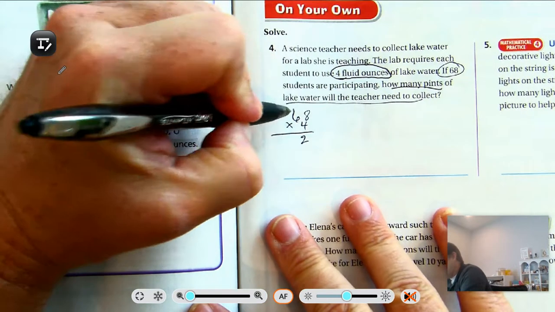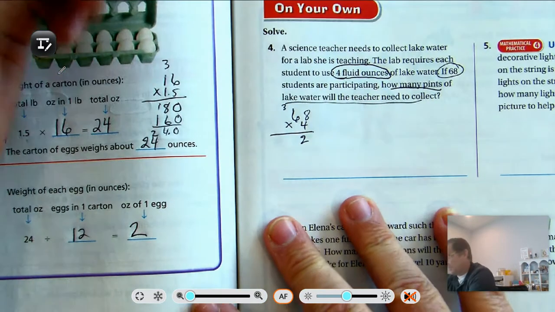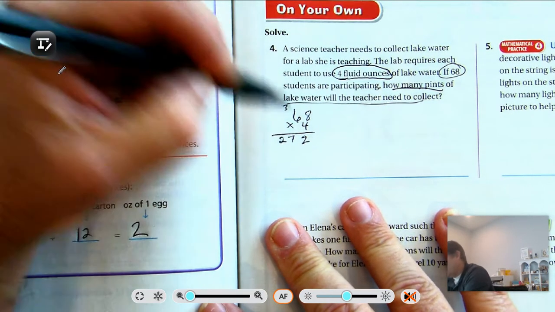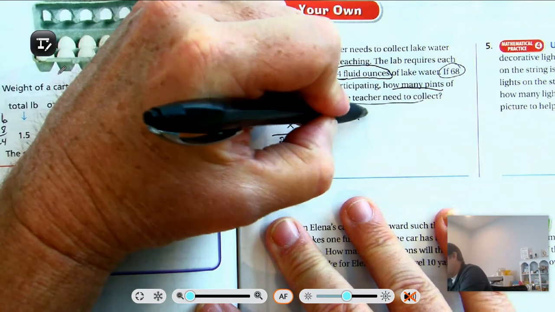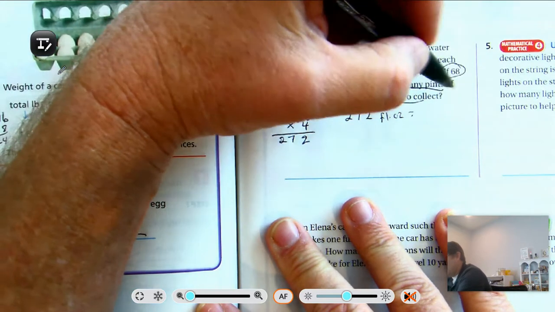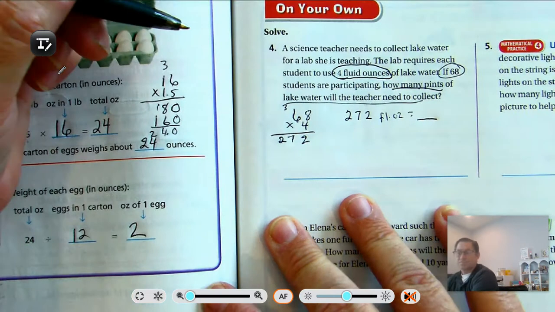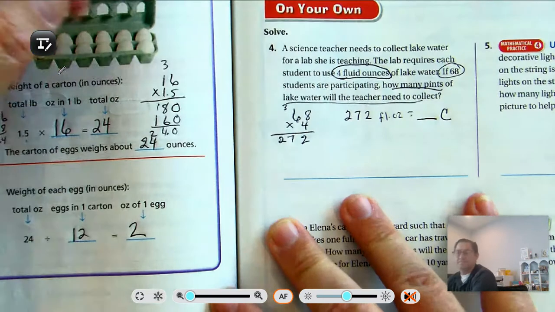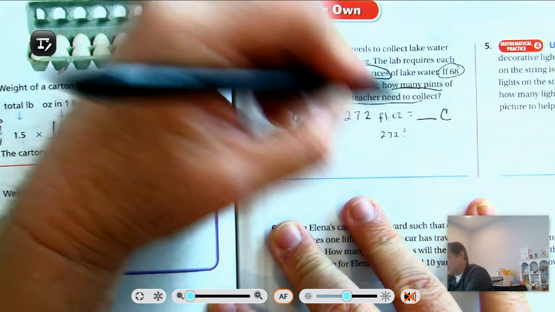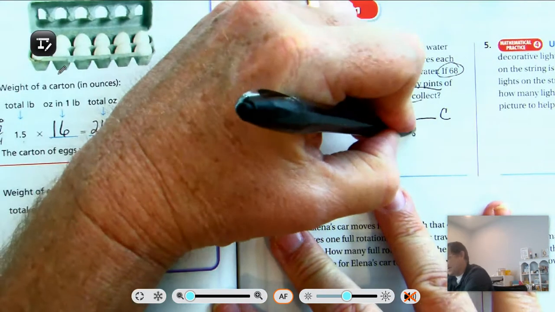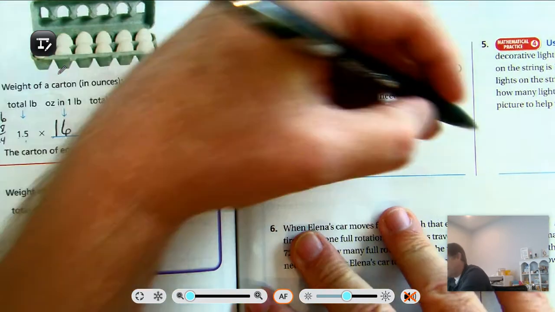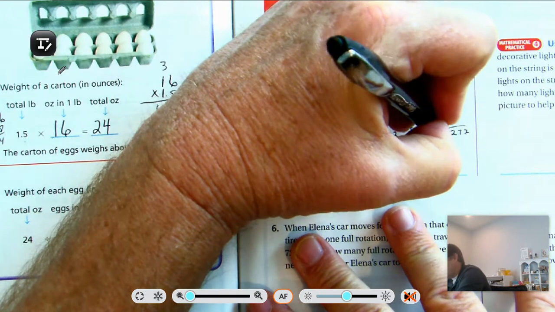So 8 times 4, 32. Regroup that as 3 tens and 2 ones. 4 times 6 tens is 24 tens, plus 3 more tens is 272. So we have 272 fluid ounces, and we want to change that into pints. Well, first let's change it into cups. Okay. So 272 divided by 8. Okay, because we're going from smaller to larger, so we're going to divide. 272 divided by 8